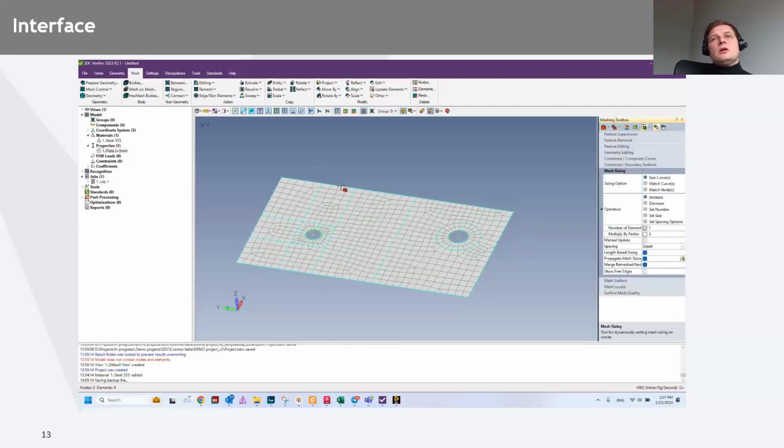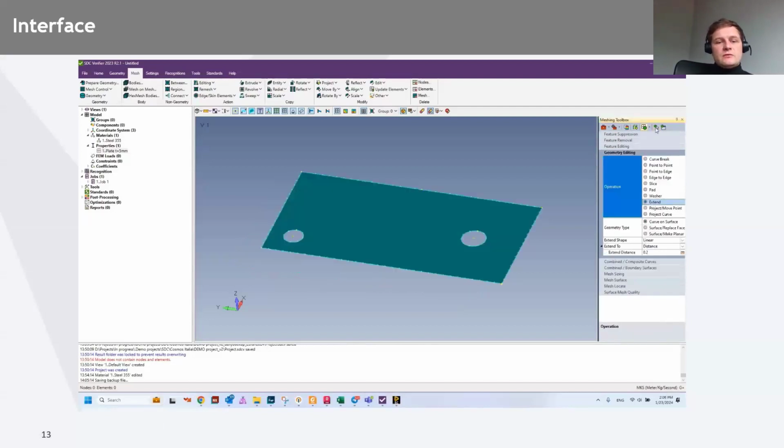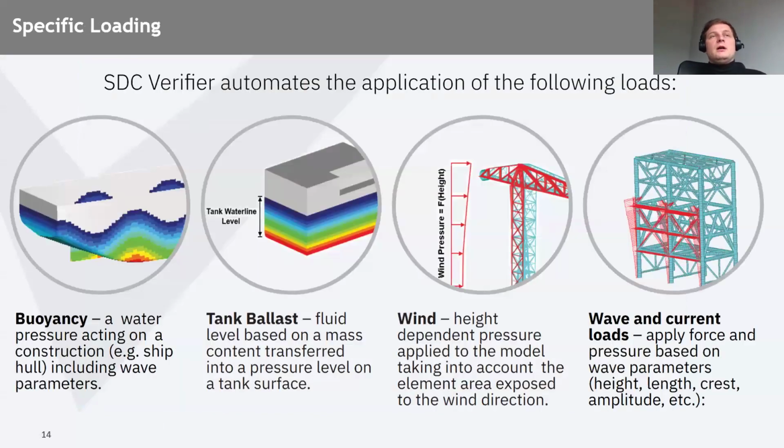Some tools can be used to achieve a perfect rectangular finite elements grid, which, as we all know, leads to perfect analysis results. So meshing is super quick, super easy, automated, and then your model is ready for defining the loads. SDC Verifier is automating a certain type of load application for complex loads, like